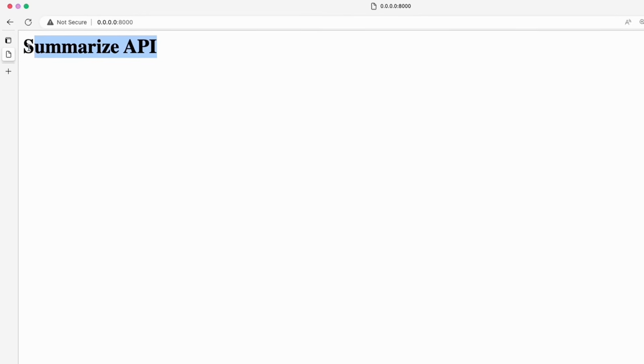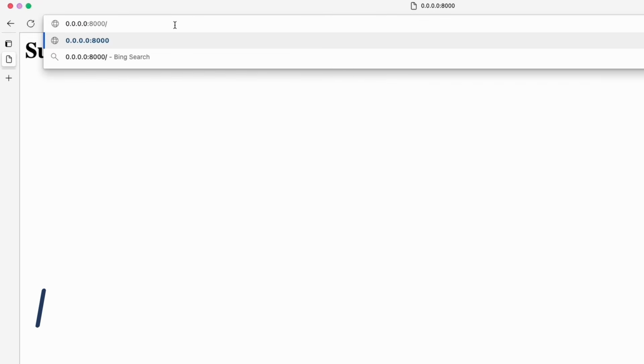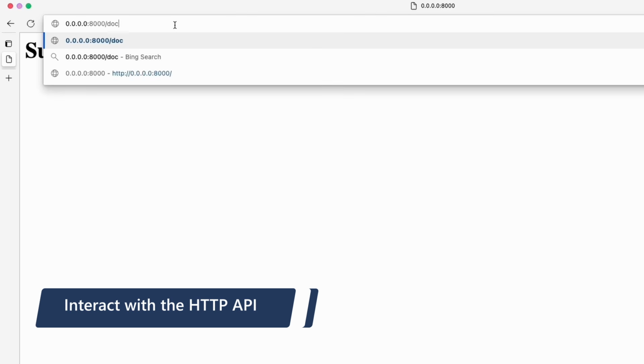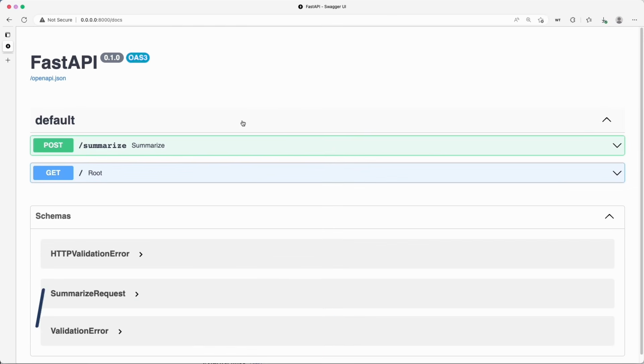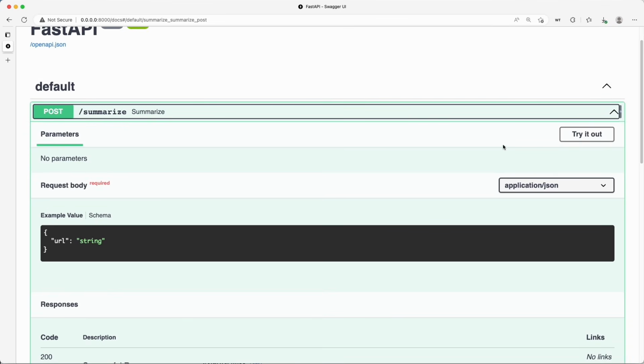Remember, I have that sloppy HTML that we created, and the address is 0.0.0.0 port 8000 locally on my computer. One of the things that we have with FastAPI is /docs, so let's see if that works. Perfect, you can see that we have this automatically generated documentation with FastAPI. So let's take a quick look at what we have. We have the post for summarize, and we're going to expand that, and we have several different options, the URL, string, that looks perfect.